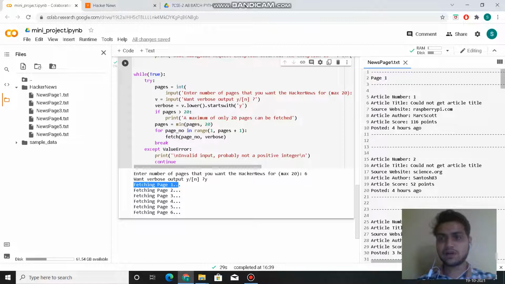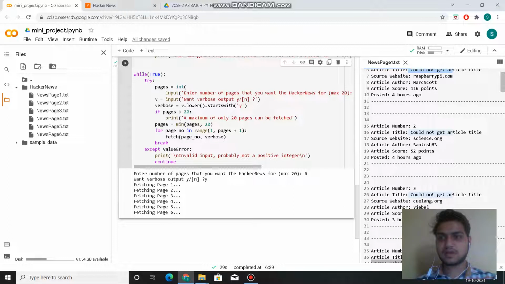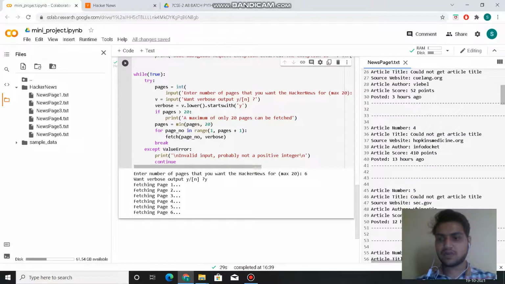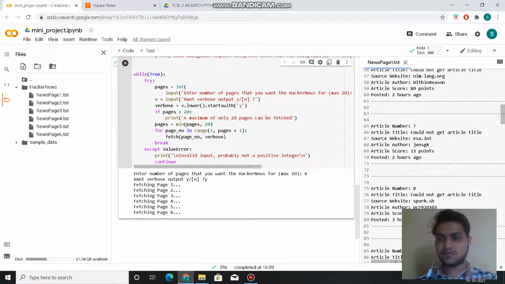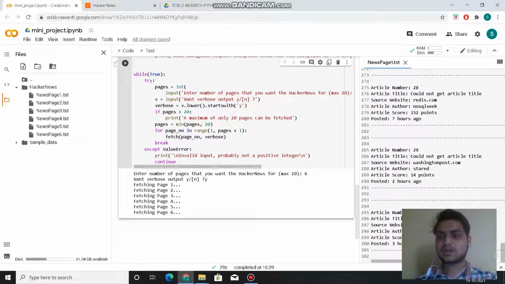In the first page, there is the article number, article title, article website, article author and article score. We have 30 articles in one page.